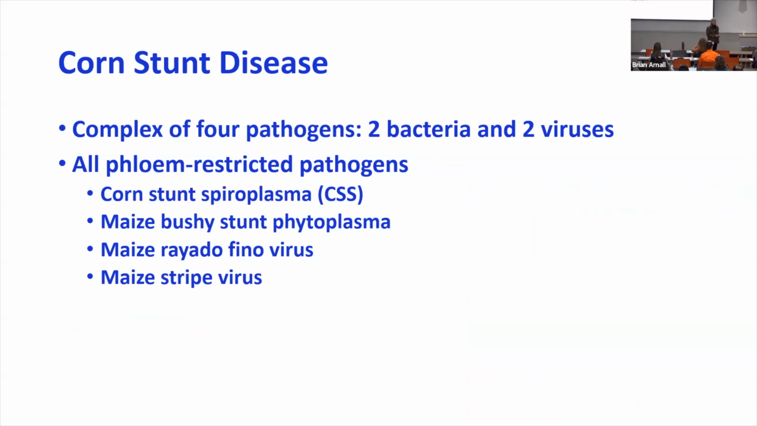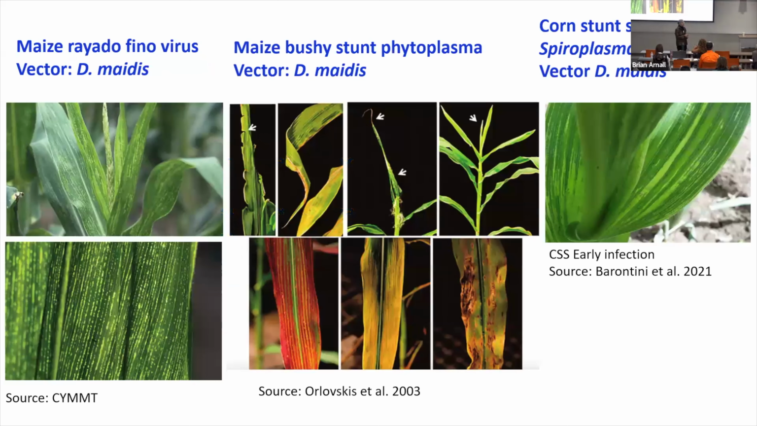These are all phloem restricted. They live in the phloem of maize. Okay, so that's an important characteristic. I'm going to concentrate on corn stunt spiroplasma because this one is by far the most important pathogen in the corn stunt complex. It always shows up. The other pathogens may not be there, but this one always does. Okay, so what do these look like individually? Mayura is going to give you a much better description of these pathogens in the corn stunt complex, but